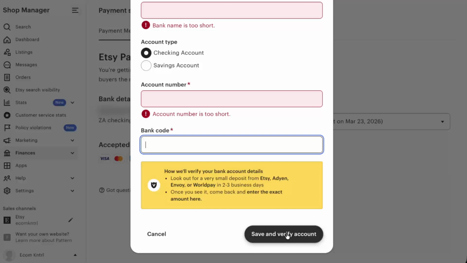When everything looks accurate, click on Save and Verify Account. Etsy may take a little time to confirm your details, and in some cases, your bank might need to verify small test deposits. And that's it. You've now added your payment details on Etsy so you can get paid smoothly and keep your shop running without